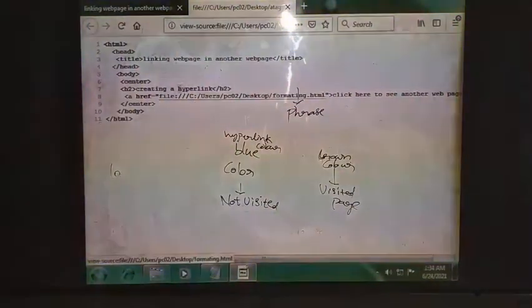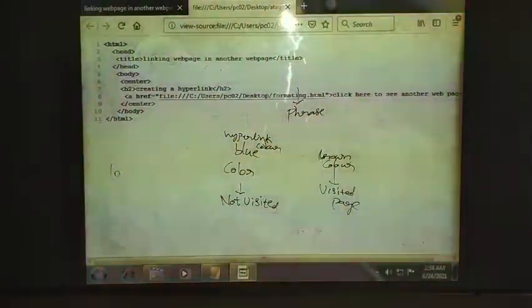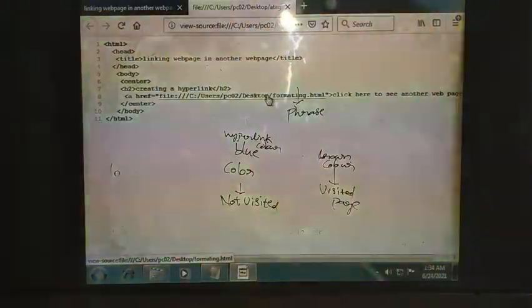Here, creating a hyperlink I have given in the header. Here the title I have given is linking web page in another web page. Okay, this is the title I have given, and a href URL. In place of URL I have given the already executed web page URL here. I have copied and pasted it here.